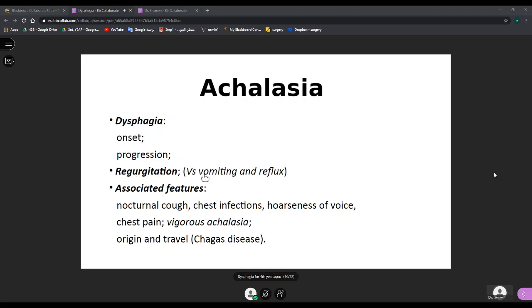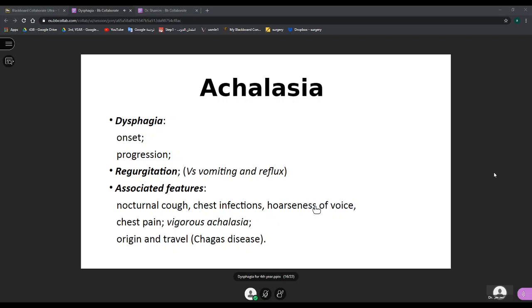Regurgitation is different from vomiting, and this regurgitation can happen again during the night, and the patient can aspirate, and again he can present with features of chronic chest infection. This is one of the presenting features of achalasia. So here, nocturnal cough, the patient awake during the night coughing, repeated chest infections,